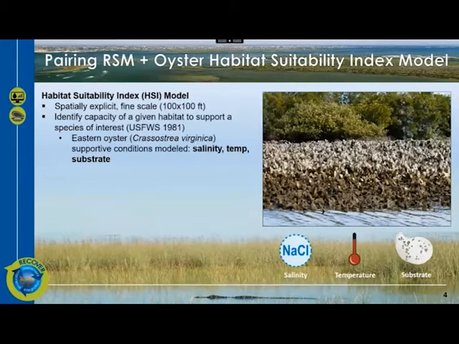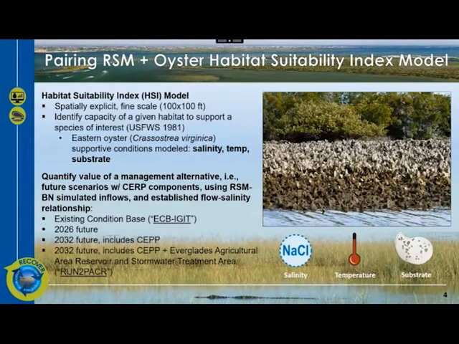The oyster interim goals are based on a Habitat Suitability Index model, or HSI. These models are spatially explicit and fine scale and are used to identify the capacity of a given habitat to support a species of interest. HSI does not predict parameters such as density of oysters, but rather area and acres of suitable habitat, and this is modeled using supportive environmental conditions. More specifically, in our model, we use average salinity, temperature, and available substrate. The supportive habitat being measured is for the purpose of quantifying the value of management alternatives, specifically the current and